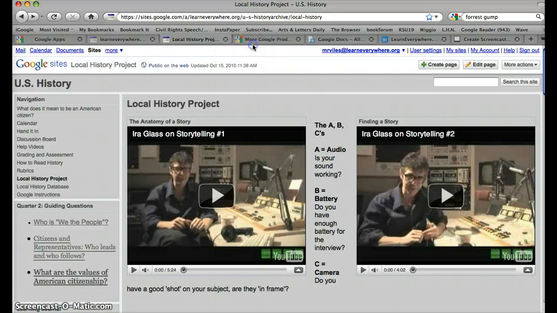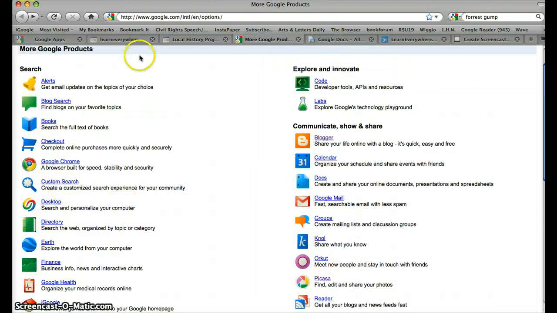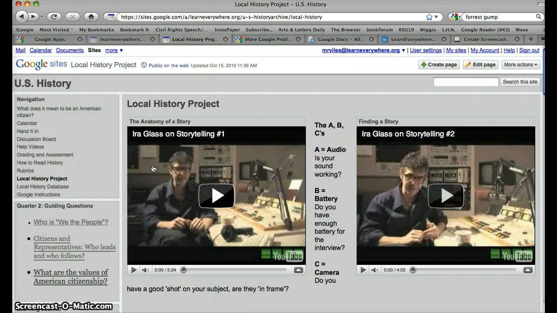There's, as you can see, and for future projects, a lot of things that are accessible to you through your Google account, a lot of tools to use depending on what project we're doing. So you would scan those in, put them in Picasa, and once in Picasa, you could share that photo album with me, those photos with me.